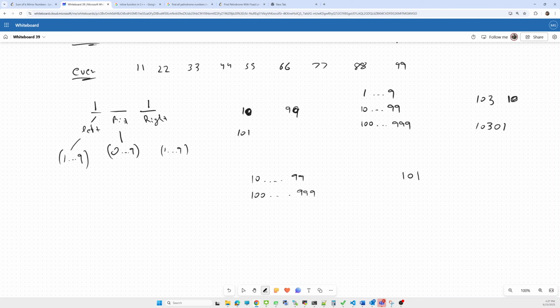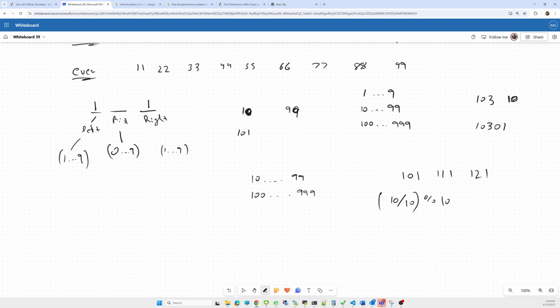For 10 it will be 101, for 11 it will be 111, for 12 it will be 121. Simply, whatever the number is, we divide it by 10, then take a mod with 10.